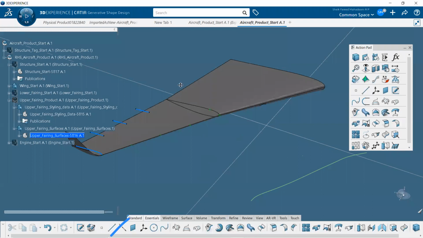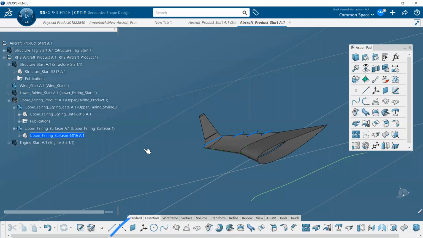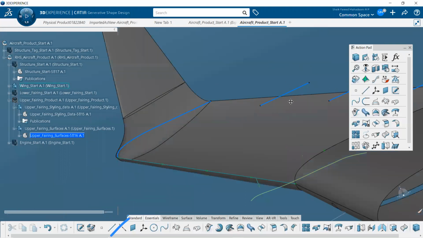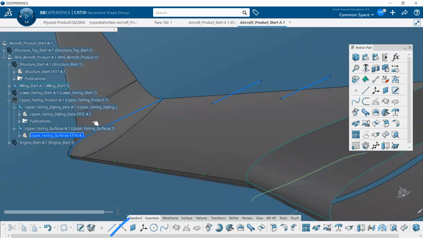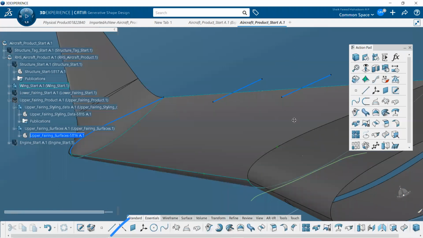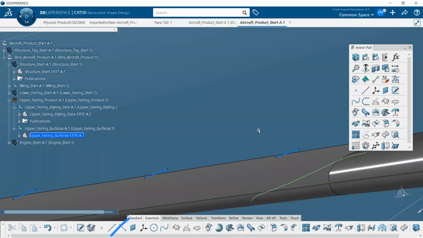So what we have to do is create wireframes in between this, by using these points and the lines that we have, and then we have to use the multi-section option to close the surface, and finally we have to create the complete wing itself. That is what we are going to use over here. You can check it over here itself.